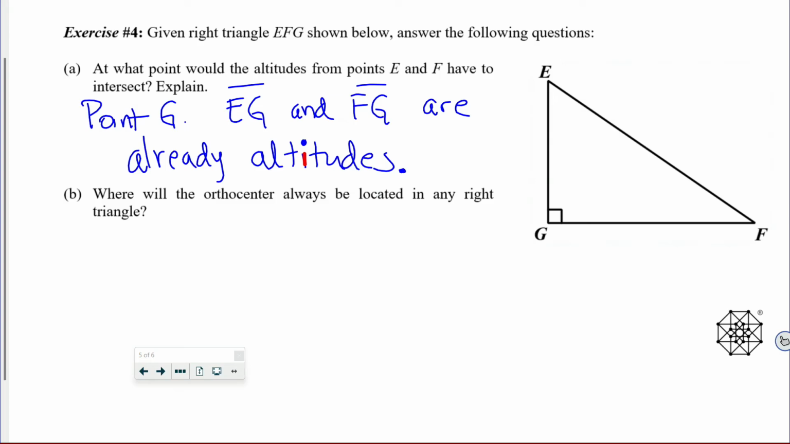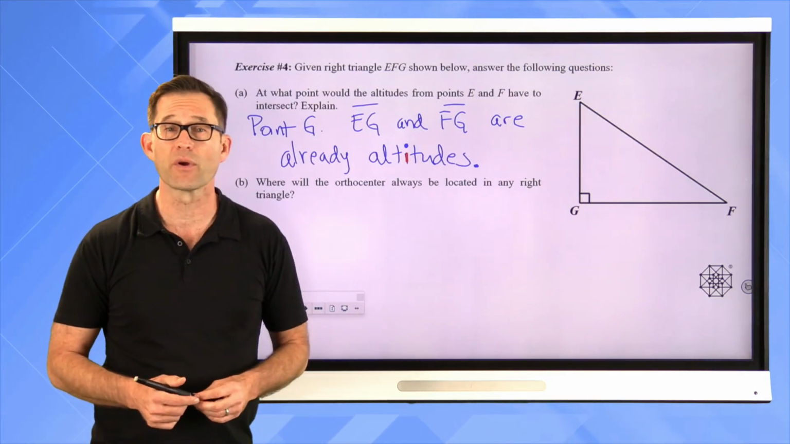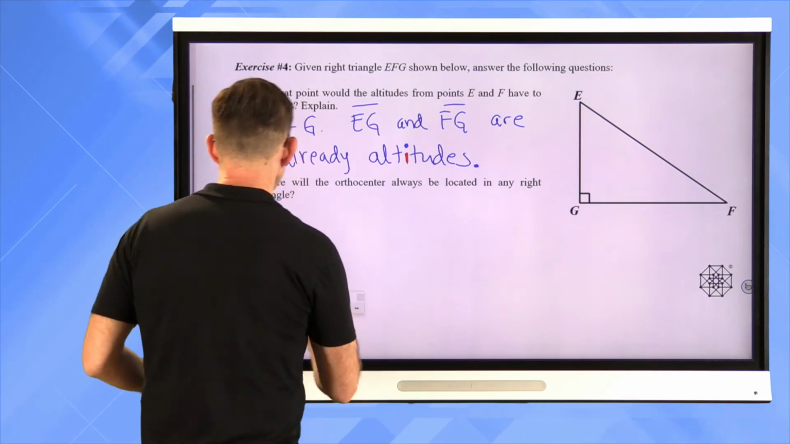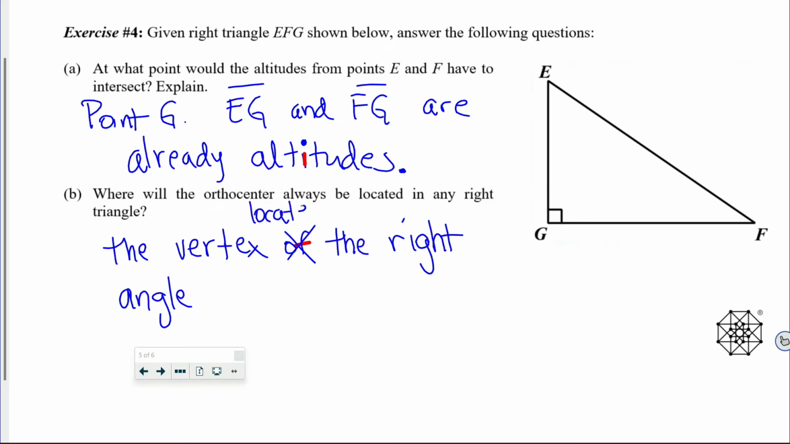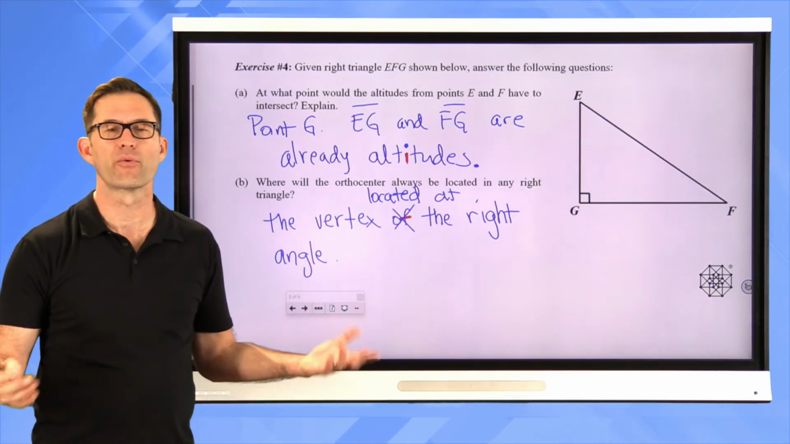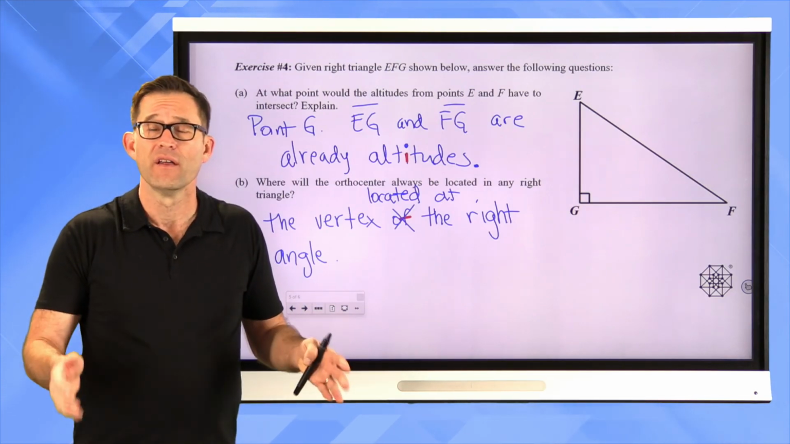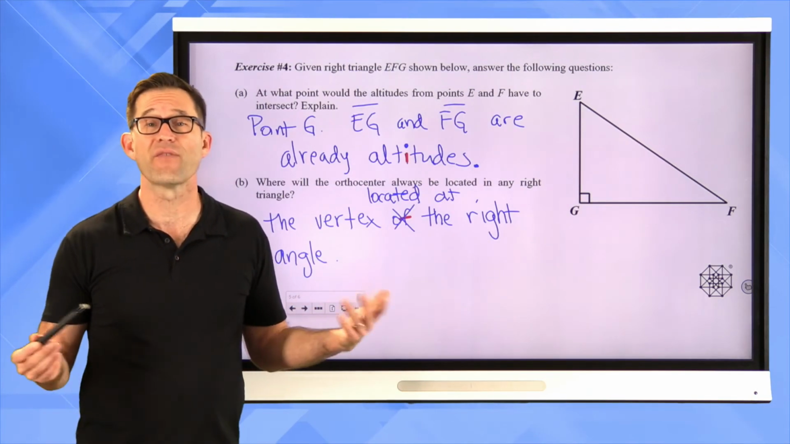Letter B. Where will the orthocenter always be located in any right triangle? Well, it'll be located at the vertex where the right angle exists. That's it. The vertex located at the right angle. It's not the vertex of the right angle, it's the vertex located at the right angle. Right? In other words, the vertex that has an angle of 90 degrees is in fact the orthocenter of the